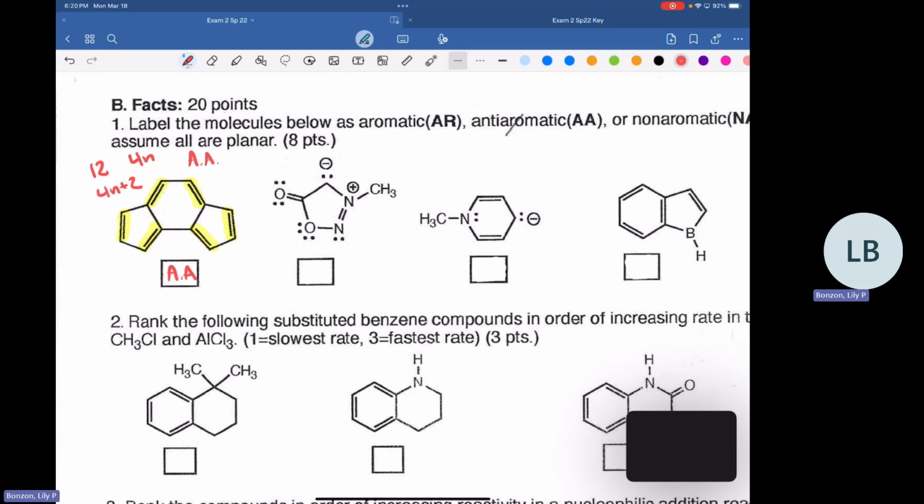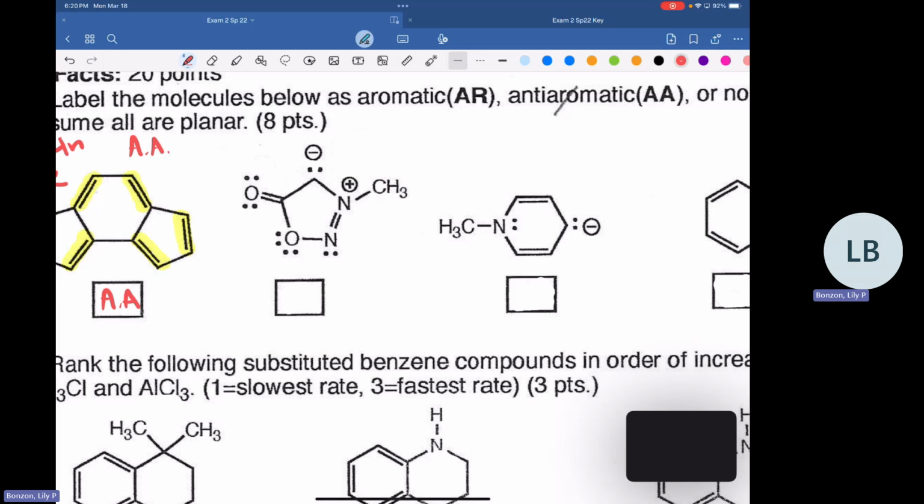Okay. So going into the second structure, we have a lot of lone pairs here. So right now, if you'll notice, you see this oxygen has 4 regions. So that's going to be an sp3 oxygen. So we might say it's non-aromatic at first, but again, always look at the resonance because it might be something different.